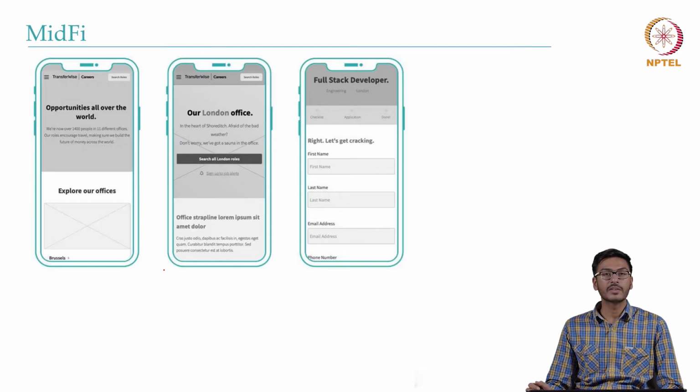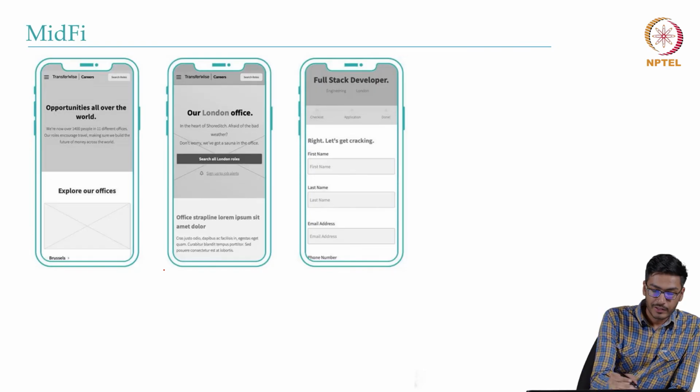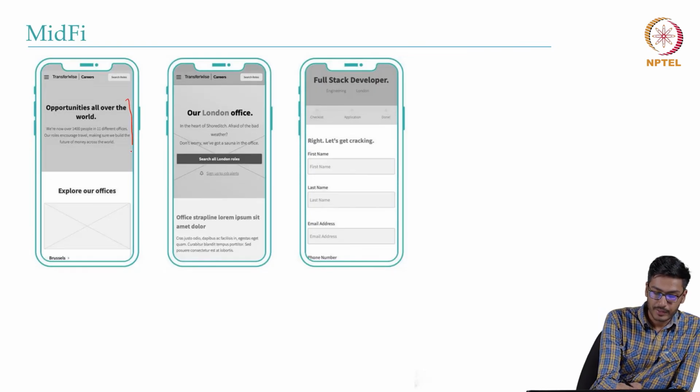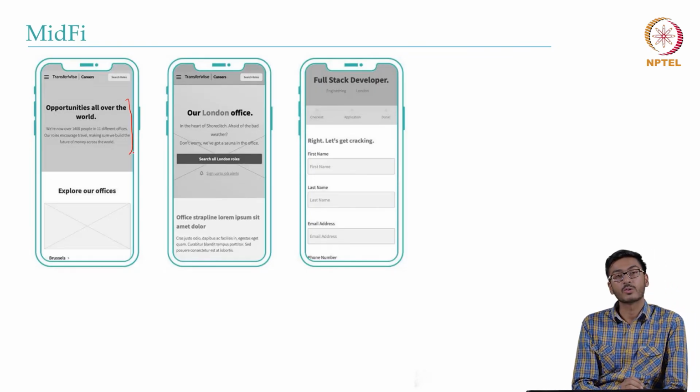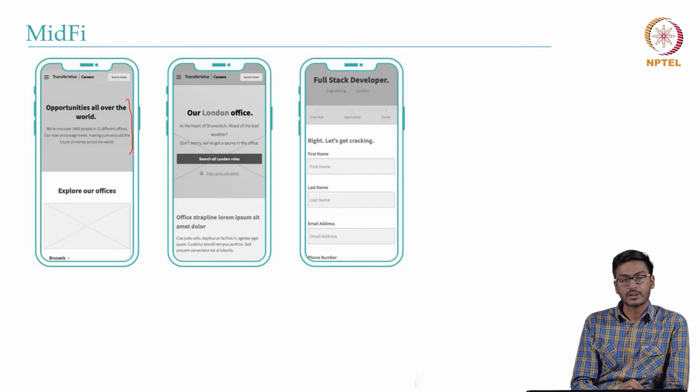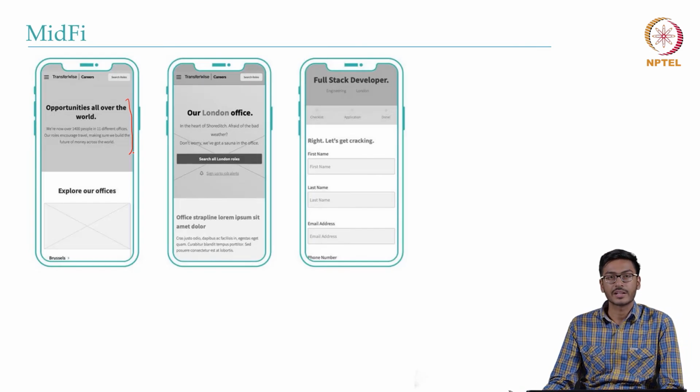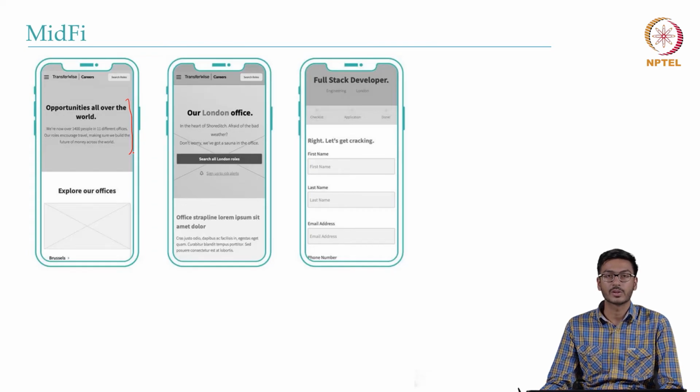How a typical mid fidelity design may look like is this. We have limited functionality and clickable areas, but there are no colors present in the prototypes. We do have some contrasting colors in form of accents. This is just to give a brief idea of how the product is going to be looking and to improve the overall usability of the mid-fi prototype.